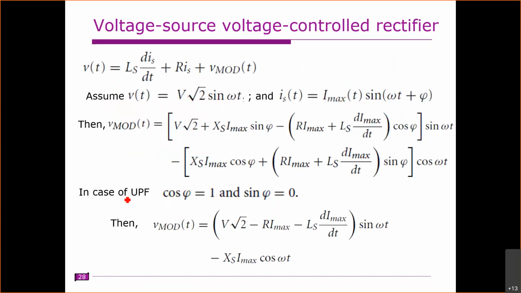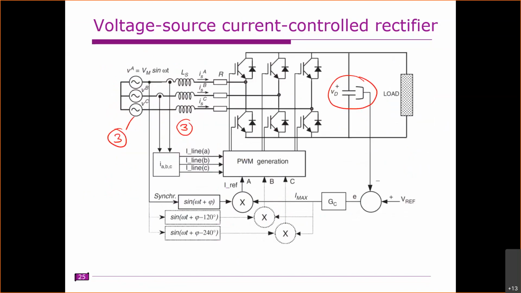Whereas in this current control approach, the main drawback is, inside this current controller we have this PI controller, right? The drawback with this PI controller is that the inputs for this PI controller are in AC form. If you have AC inputs, the steady state error will never be zero, always some steady state error will be present. Normally this PI controller works well when both components are DC, when the reference is DC and the actual one is DC.